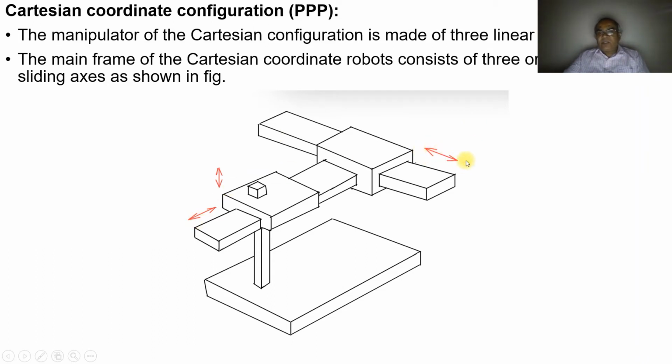If this is the horizontal one and this becomes the vertical one, then this will be the z axis. This one slides in and out, this one also slides in and out, and this one moves up and down. So you have left to right, up and down, and the vertical direction in and out. These are the three different orthogonal linear sliding axes. One linear joint moves like this, another moves in this direction, and the third linear joint moves in this direction.